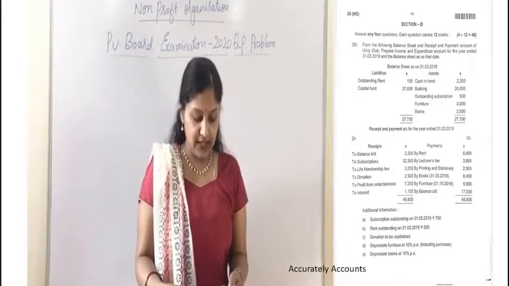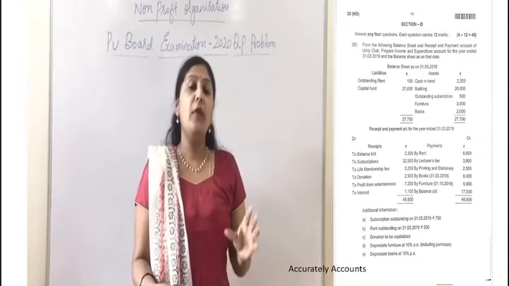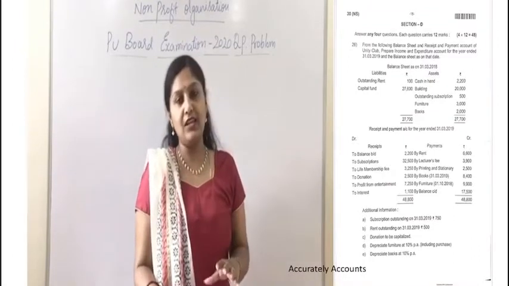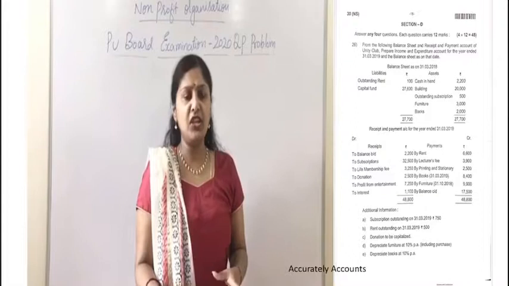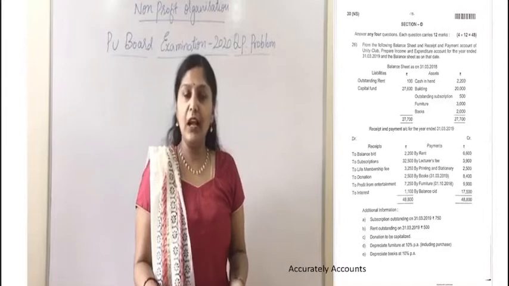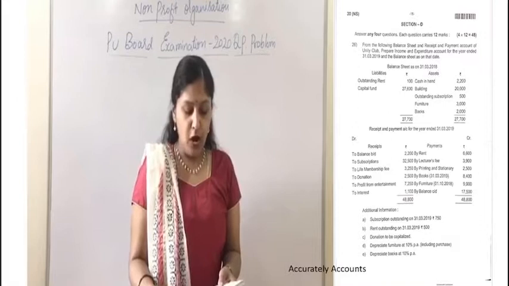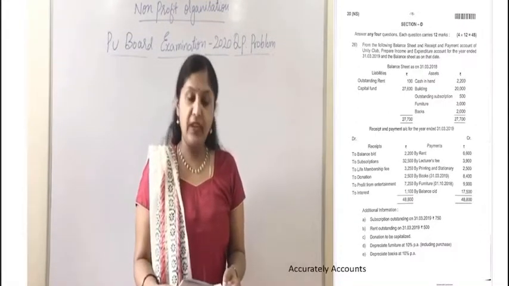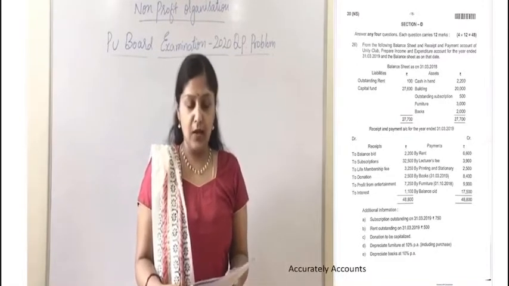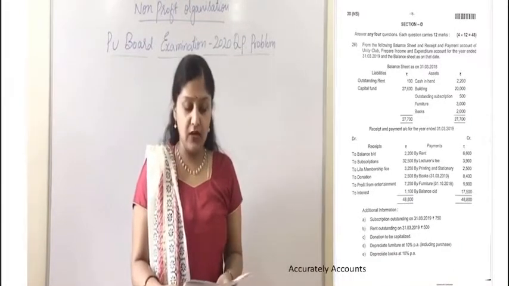To donations. See, there is an adjustment related to the donation which says that donation to be capitalized. Whenever they give any kind of adjustment as such, then we need to treat the donation as liability. I mean, it should be treated below the liability side of the balance sheet. Otherwise, we can treat it as an income. If it is a general donation, definitely we can treat it as one of the incomes and consider it as a revenue item. We can show it in the income and expenditure account. To profit from entertainment, we need to treat it below the incomes. And then to interest is given, and again we need to treat the interest below the incomes of the income and expenditure account.